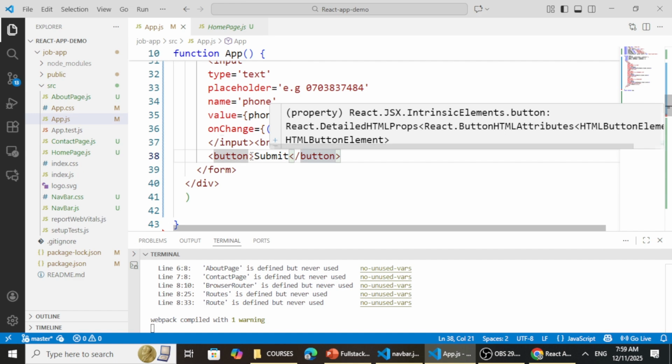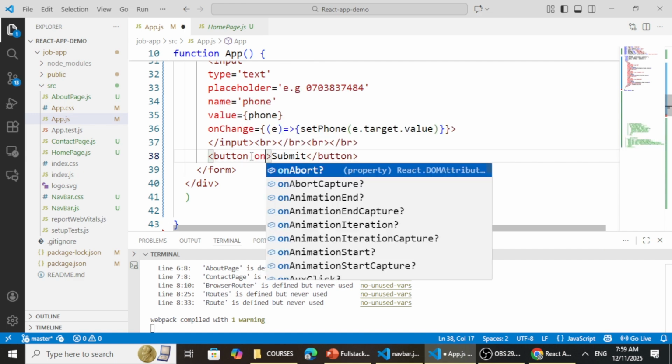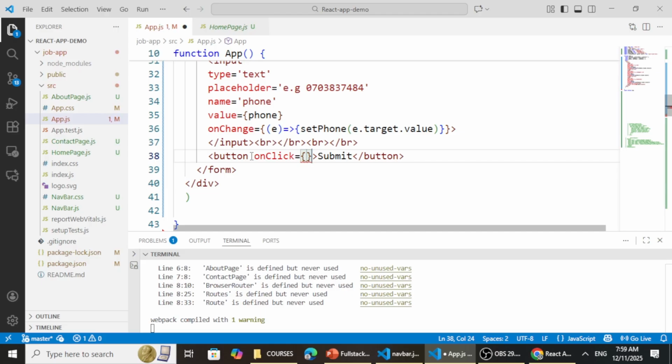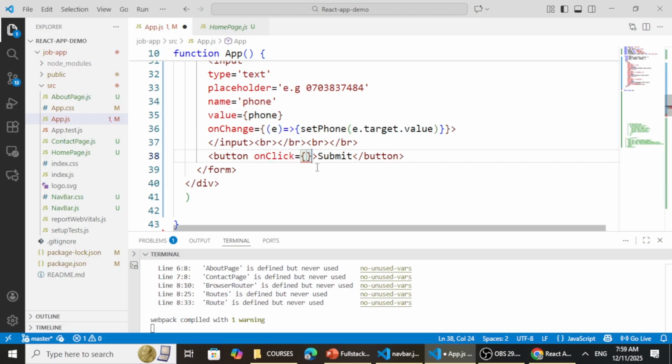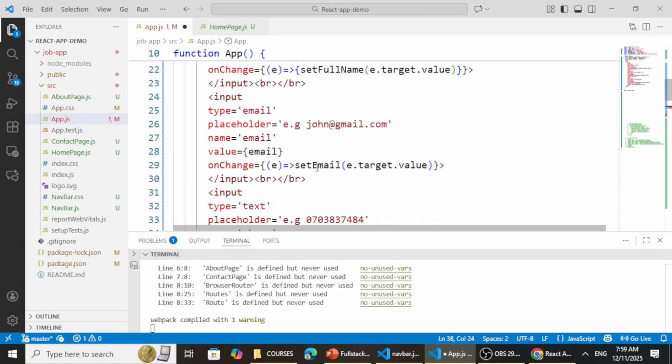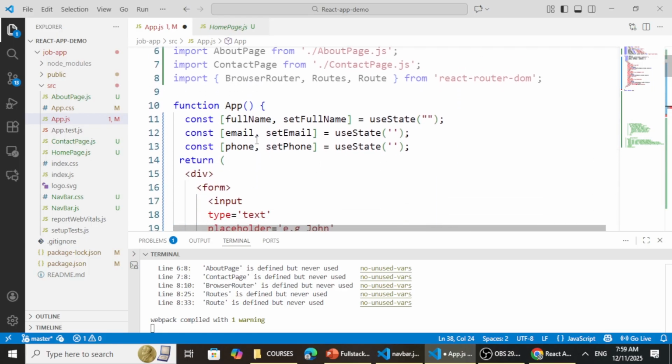But now if you click on the button, nothing happens because we have not attached the event handler to the button when clicked. So let's go back and create the event handler, and then we can add the on click event, so that within the on click event, we need to add now the event handler. So I can go back up here and create a function,